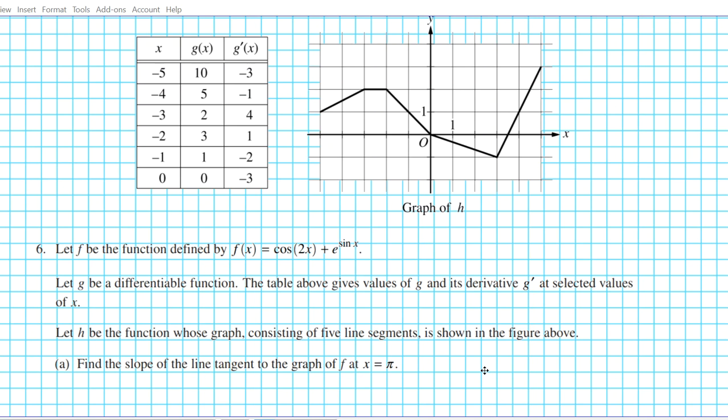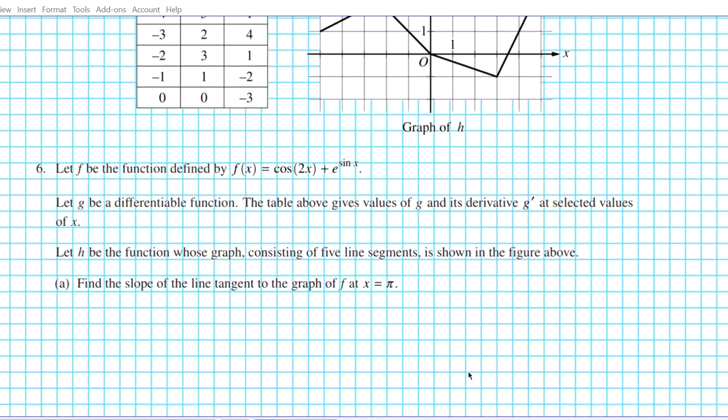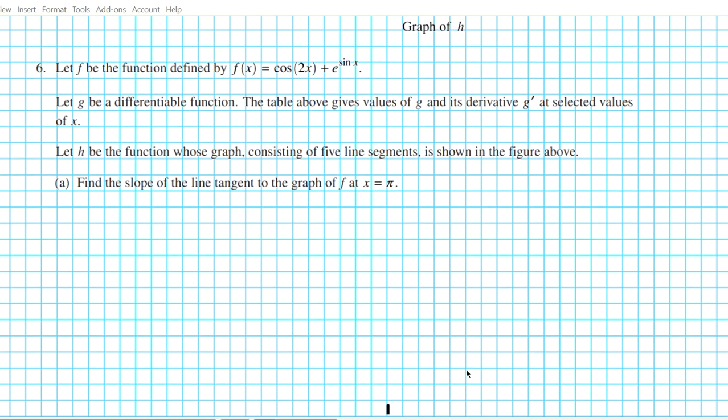Okay, so A part says find the slope of the line tangent to the graph of f at x equals pi. All right, so what's our game plan here for finding the slope of a tangent line at a particular x value? So let's go ahead and outline our plan of attack for this problem. So what we're going to do, remember, whenever you're looking for the slope of a tangent line is a two-part process, okay? So for this one, we're going to first find the derivative